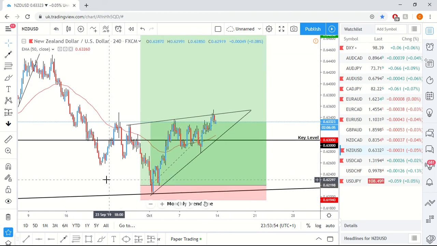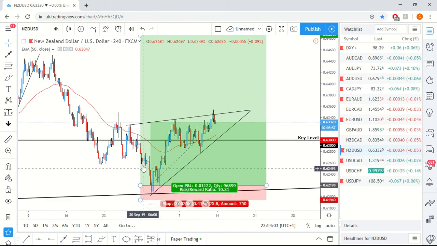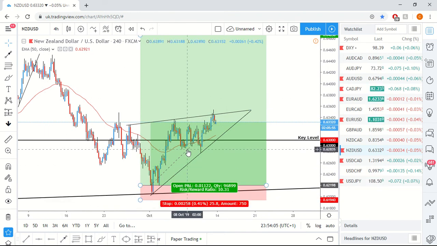At this moment, this one's currently running with a very nice entry for around 110 pips. I'm quite happy with this one and still happy to keep it going. I've removed some of my profits, around 50 to 75% of my profits, risk free, just letting this one carry on.